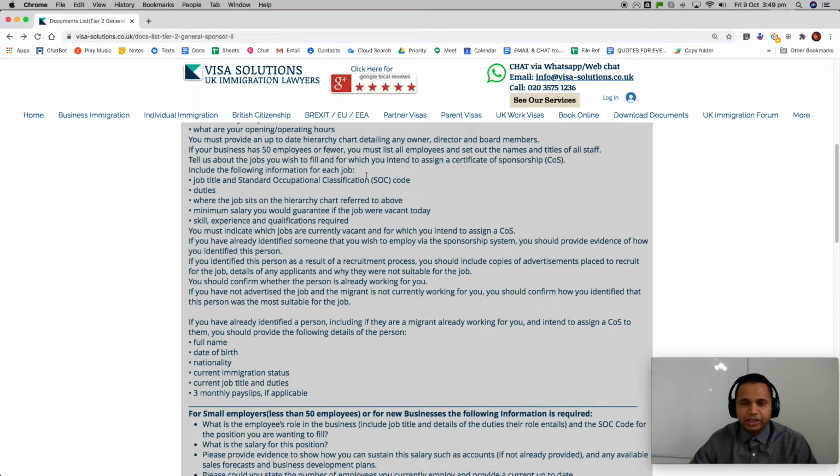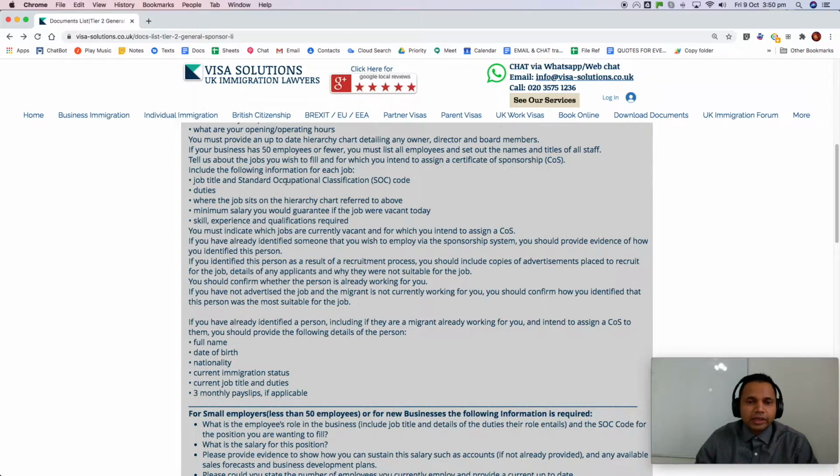We have done many cases where the applicant is already on a student visa, working 20 hours. After that, they are getting the degree. They want to move on to a full-time role. Sometimes they already have their own visa, like a spouse visa or something, but still they want to get sponsored because their relationship has broken down or something like that. There are individuals on Tier 5 youth mobility visa from some countries who have full rights to work in the UK, and there are various other categories under which the applicant may be already working with you. So you can be a continuing applicant, but then you still need all the information.